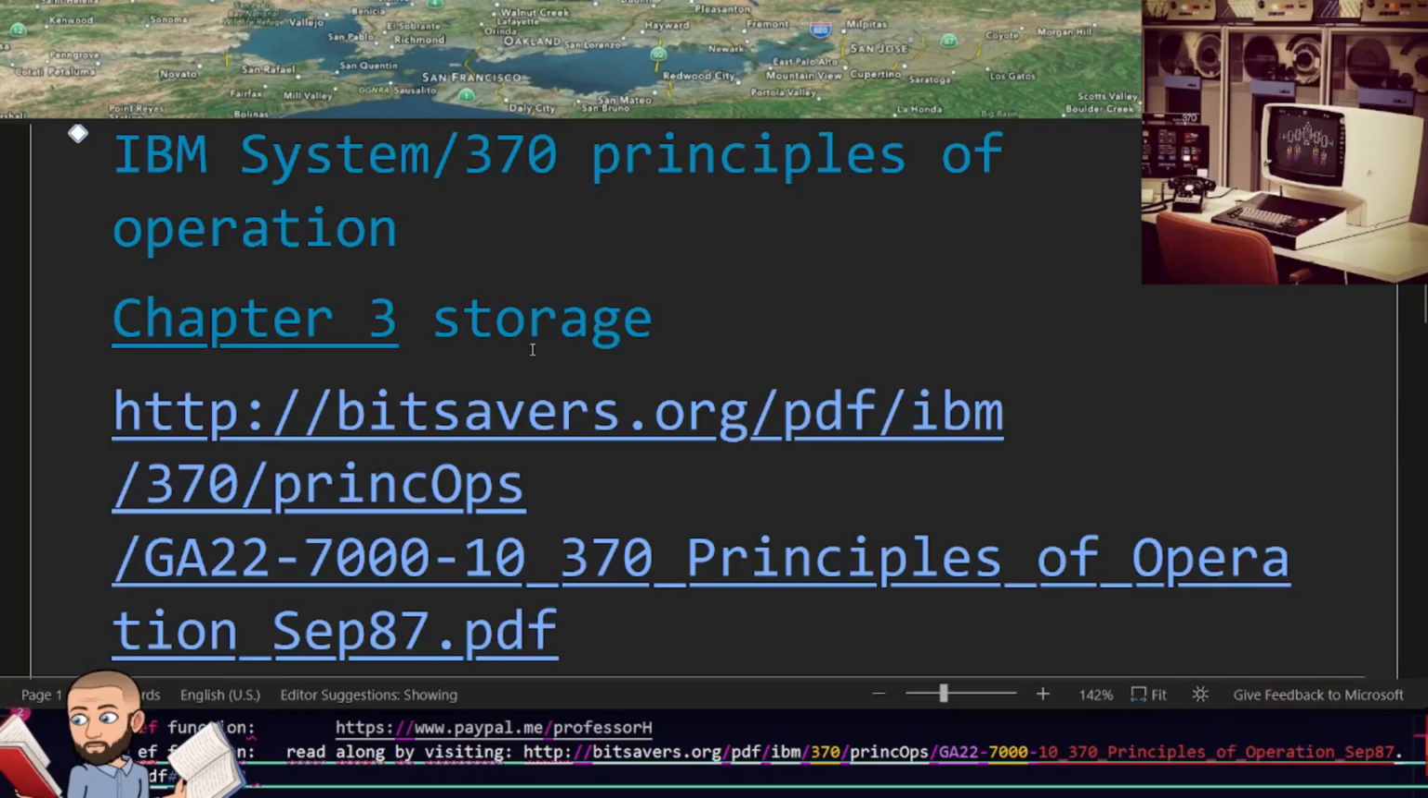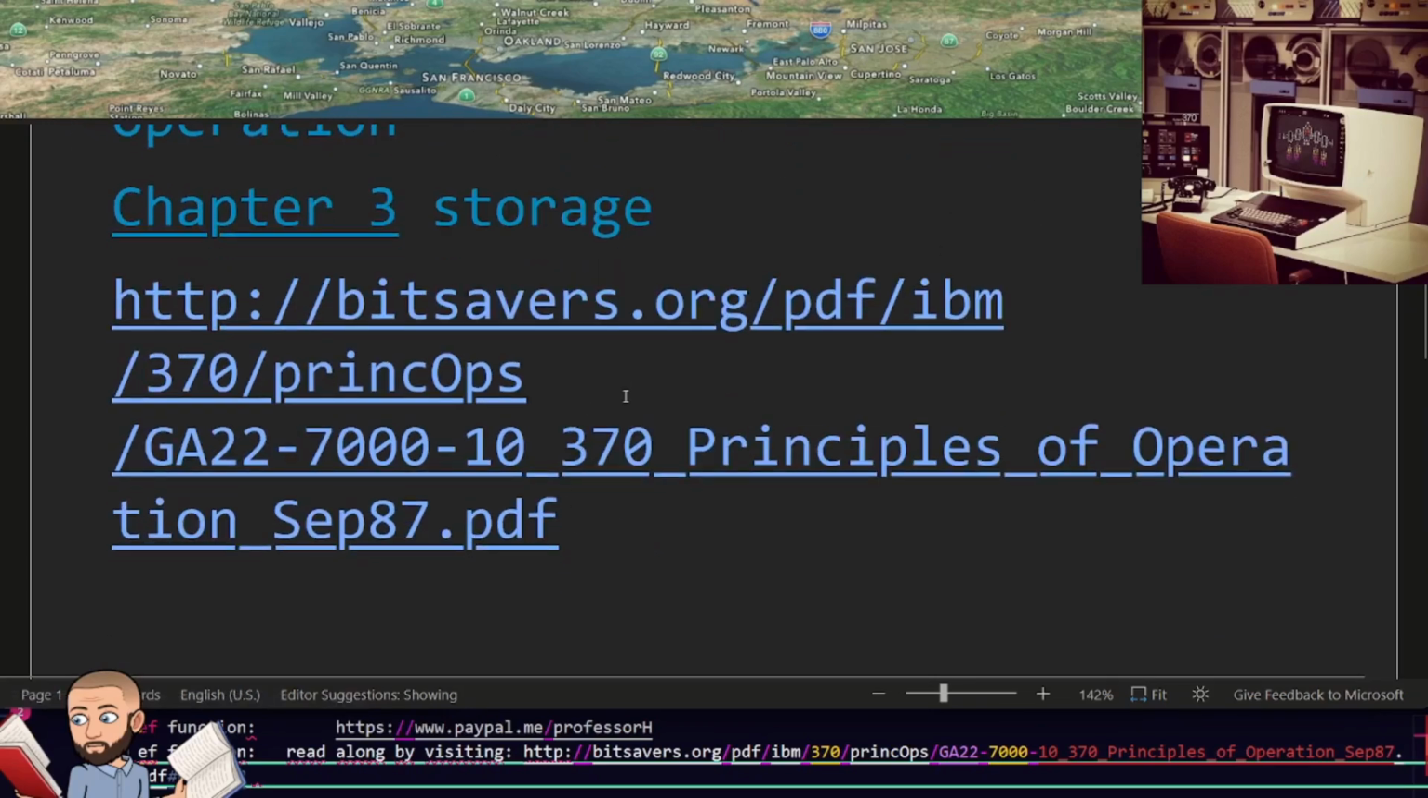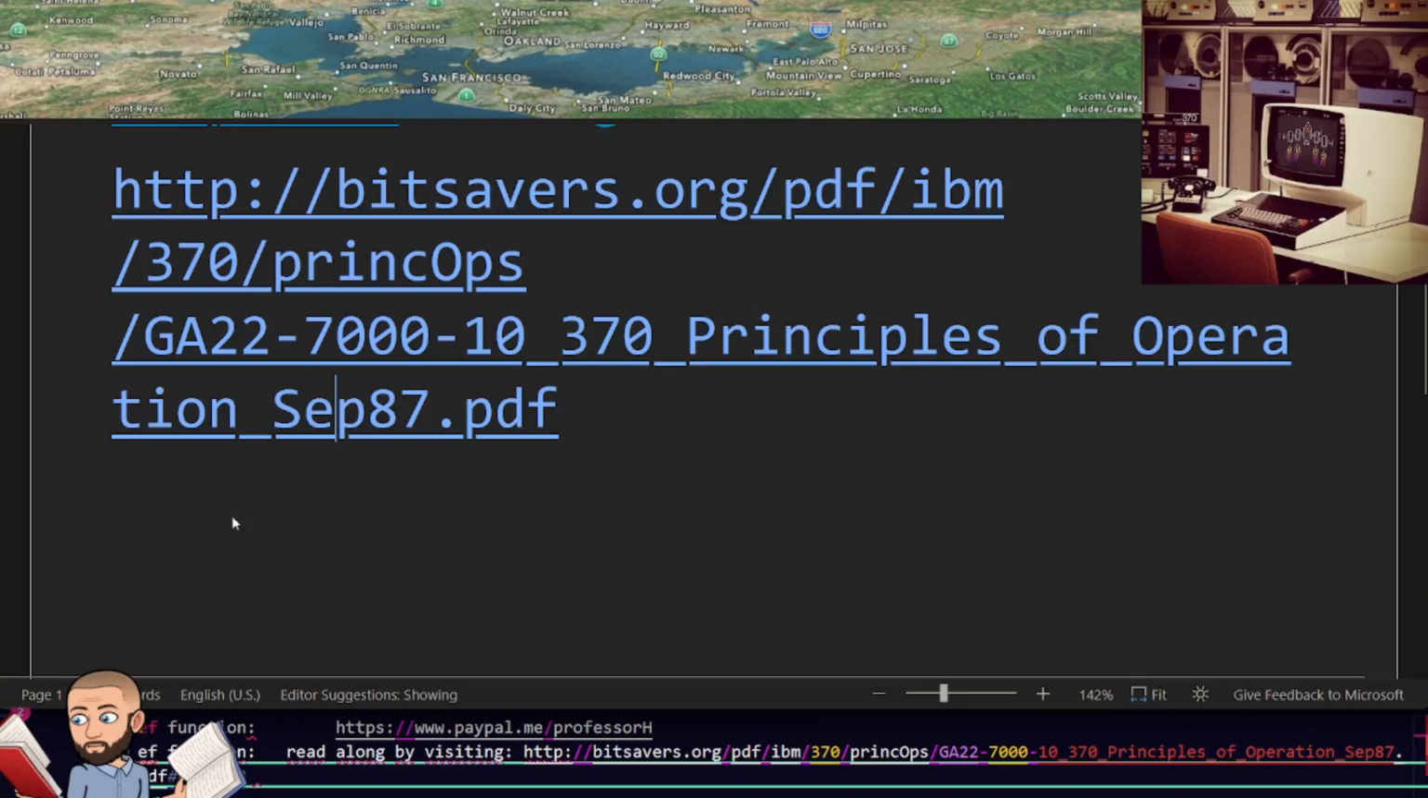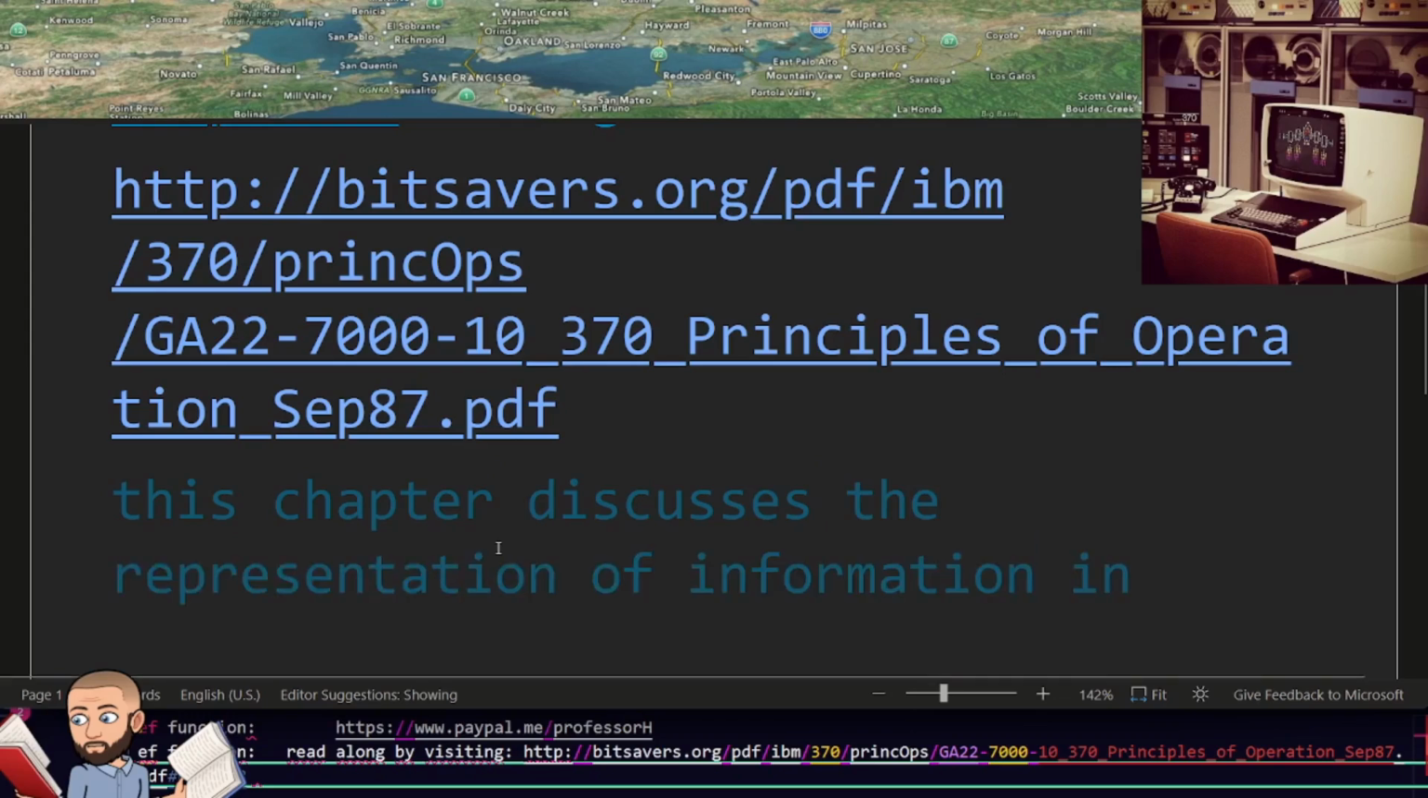All right, we're on Chapter 3 of the IBM System 370 publication titled Principles of Operation. You can read along at this link if you don't like the words popping up here. Let's dive right in. This chapter discusses the representation of information in main storage, as well as addressing, protection, and